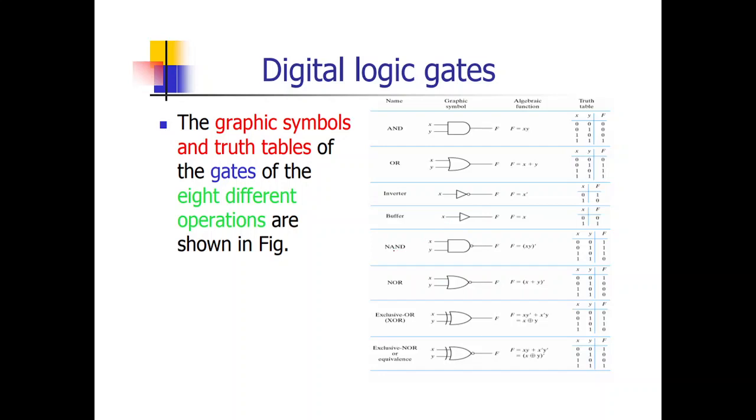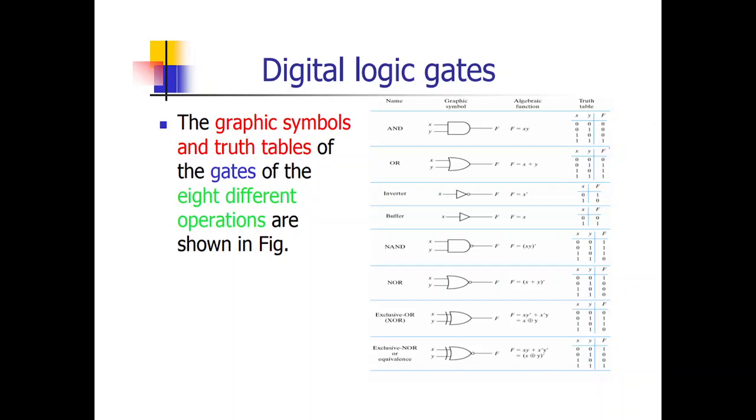The next is we have to remember the NAND gate, NOR gate and all. The NAND gate is the opposite of the AND gate. That is, AND plus NOT is NAND. So we have to take the complement of the AND. The expression can be written as f is equal to xy the whole dash, right? And the truth table is the opposite of the AND gate.